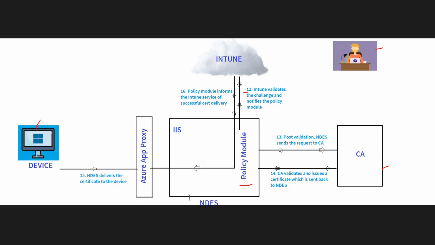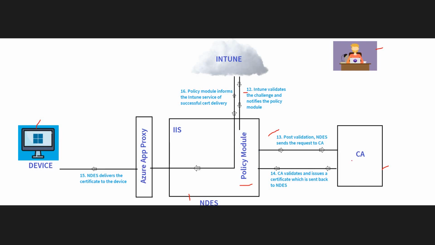We saw that in the event viewer log. Okay, so Intune by now has checked that the user is not a rogue user. It has done all the checks it needed to and it has informed the policy module. Now what is next? Next is the NDES server in the next step, that is step 13, post the validation,